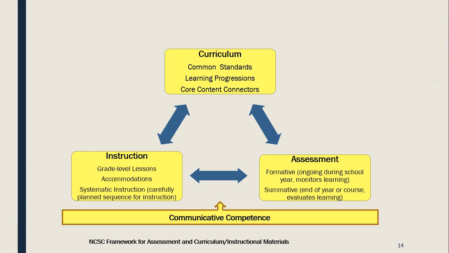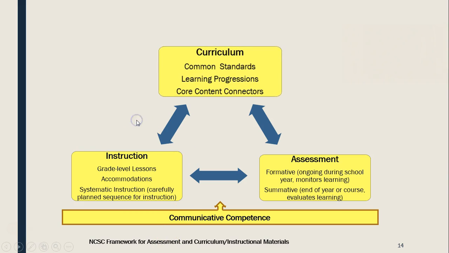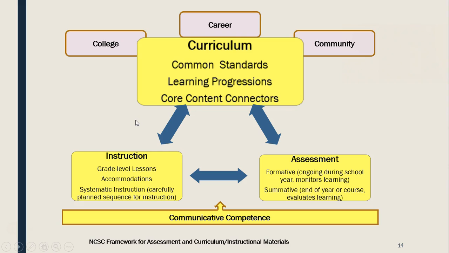So when we think about curriculum, instruction, and assessment, we know that each component of the triangle, whether you're talking about curriculum, instruction, or assessment, should be used to inform the other components, which are then directed towards getting us towards this idea of college, career, and community readiness, right? So in order for any student to benefit from a challenging curriculum and high quality instruction, she has to be able to communicate what they know and can do.